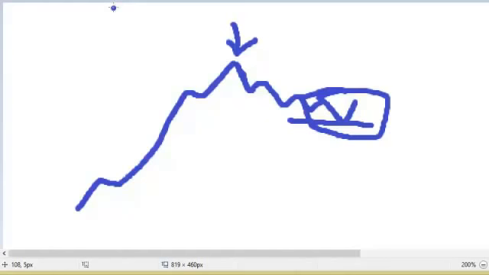And then what you do is you just open up your charts and don't just go right to the extreme short time frame, but start in the longer and work your way down to the medium time frames.